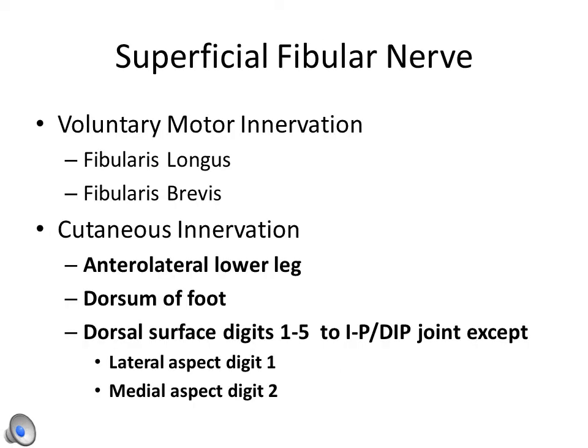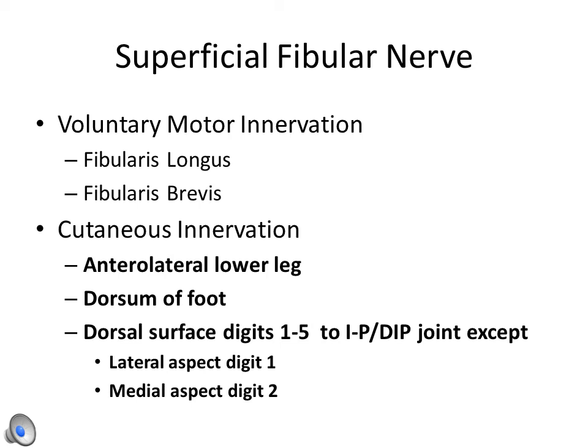The superficial fibular nerve is a branch of the common fibular nerve. It has both voluntary motor and cutaneous innervation. The superficial fibular nerve innervates the muscles of fibularis longus and fibularis brevis. Its cutaneous innervation includes the anterolateral aspect of the lower leg, the dorsum of the foot, and the dorsal surface